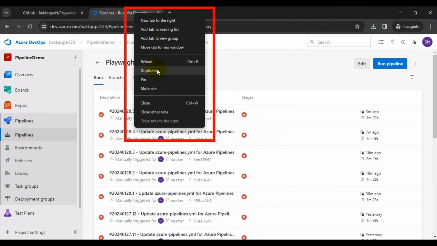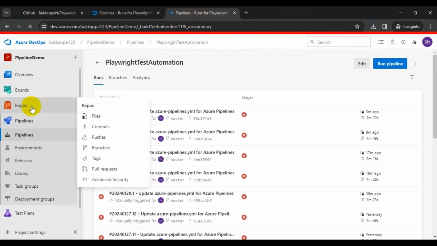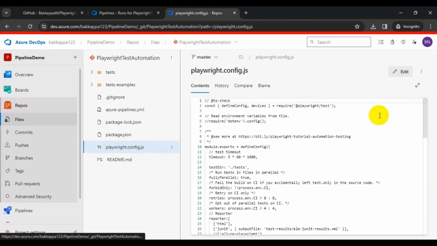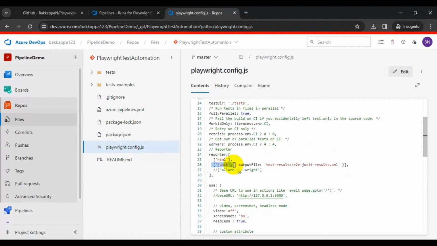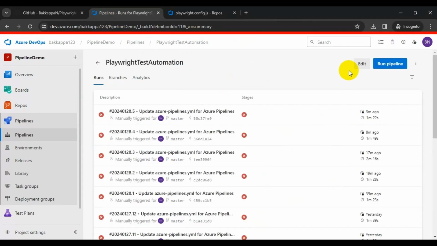So if I go to the Playwright configuration file, here I have added one statement called JUnit, and also I have provided the output file location where I want to generate the .xml file after completing the test execution. So once you have added this particular statement for the reporter, we can publish the JUnit format test results into the Azure DevOps pipeline. So here I will go to the pipeline edit section,